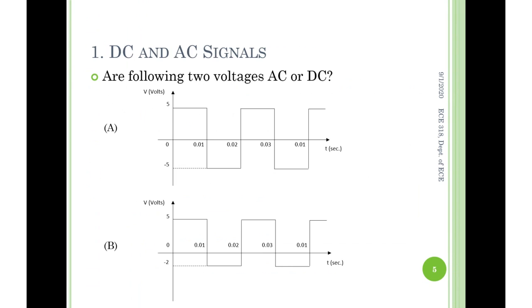So the correct answer here is that signal A is purely AC. Three options, remember? It's purely AC, which means it doesn't include any DC, no DC at all. Before clarifying the concepts, let's move on to signal B. Signal B is also a square wave, right? So what's the difference